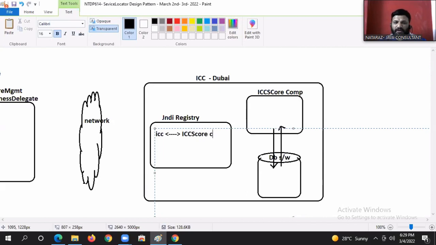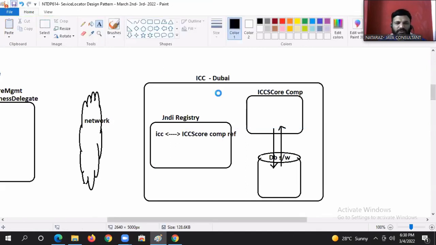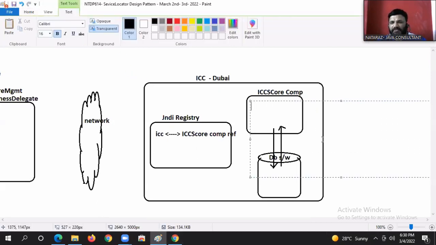ICC score component reference. ICC score component reference, guys. Are you with me, guys? ICC score component reference was super. Definitely here, what is there? ICC score component reference. Tell me, guys, here is my public